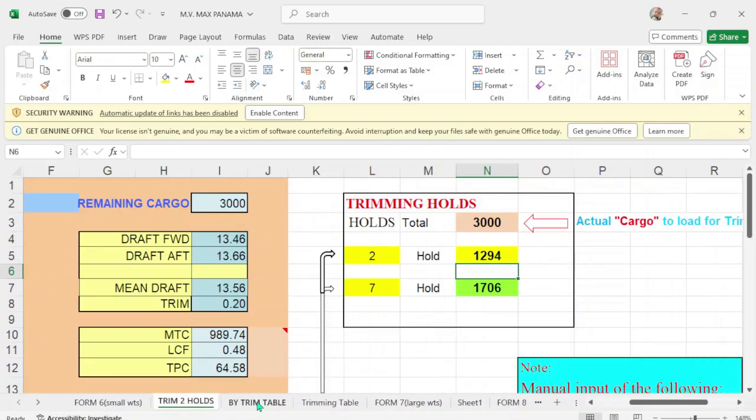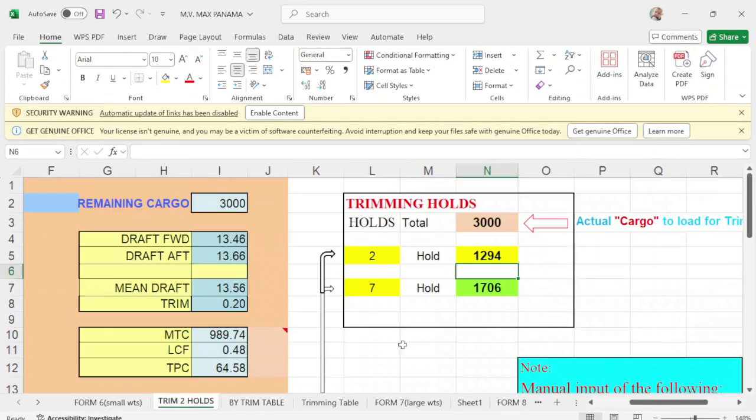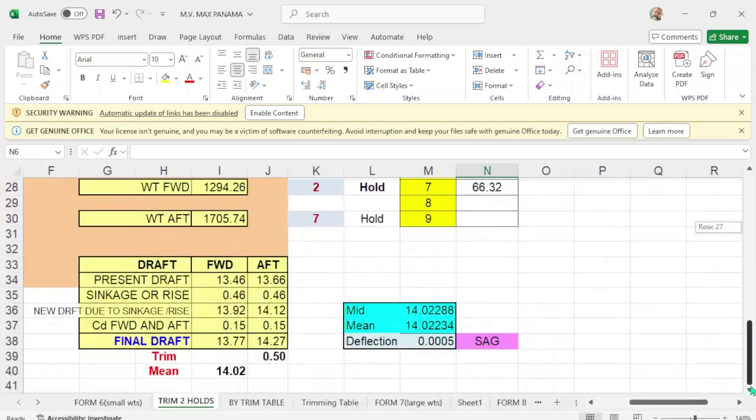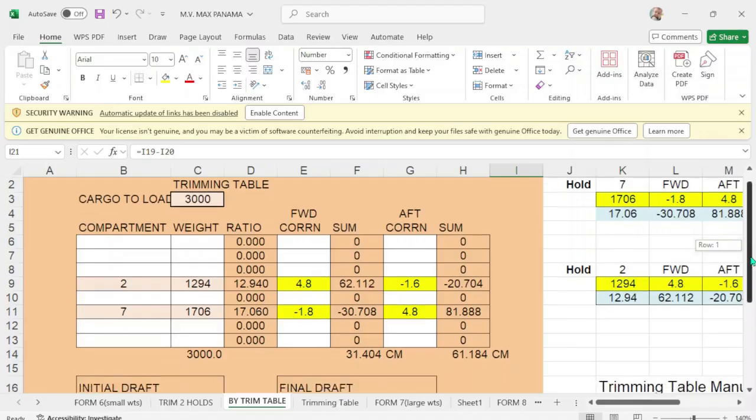1294. And up, hole number 7 is 1706. Okay? Put this down. It will be your departure drop. Once you already put this correction forward and up in hold number 2 and 7 in hold number 7, your departure drop would be